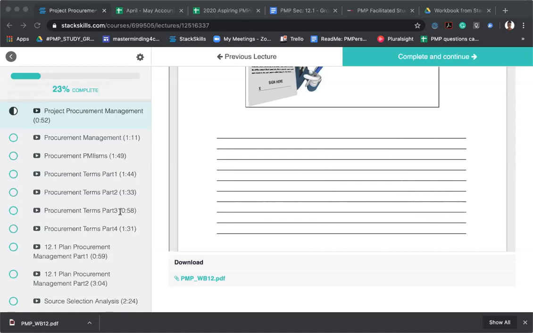Force majeure, a situation which may be considered an act of God and is an allowable excuse for either party not meeting contractual requirements. Usually the risk is covered by the seller, for which they will often carry insurance.